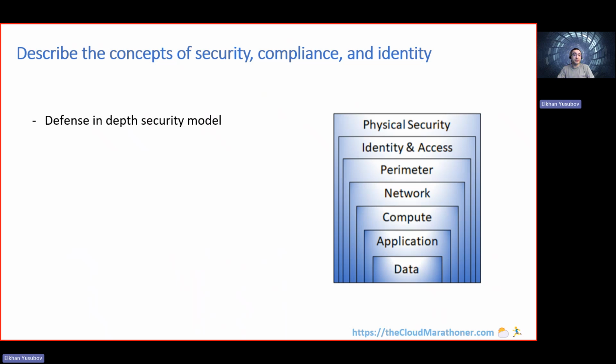So as you see, defense in depth uses a layered approach to security, rather than relying on a single perimeter. A defense in depth strategy uses a series of mechanisms to slow down the advancement of an attack. If an attack starts at the layer of identity and access, that's one layer where you put authentication, authorization, and other perimeters to stop it. If that's not enough, there's a perimeter, there's a network, there's access to the resources, there's compute. There are all the layers where you try to slow down the advancement of an attack and give some time to your team to react.